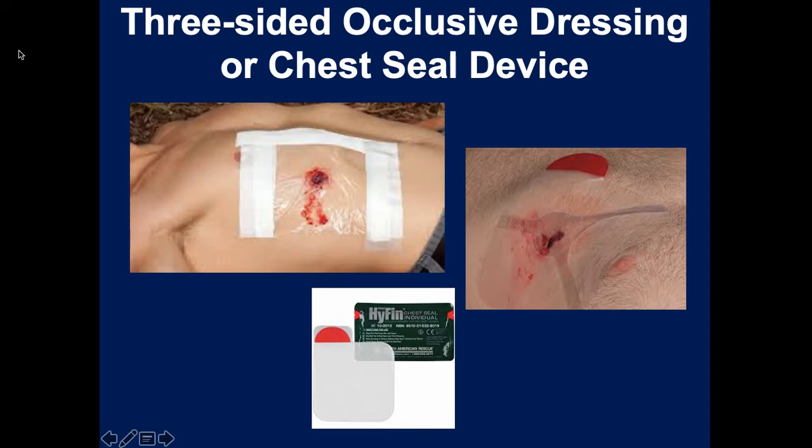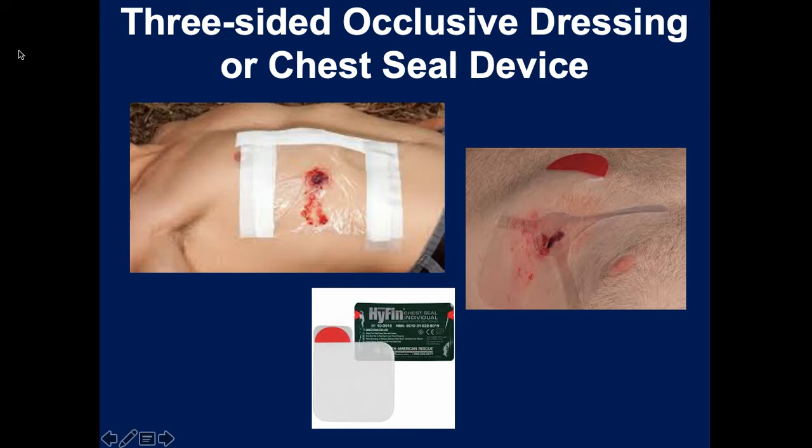Now, according to your textbook, application of either of these devices is supposed to be at the end of the patient's exhalation phase. That means the person breathes out, and just before they take their next breath in, you're supposed to slap this on this wound to minimize any further air getting into the thorax. And it makes sense. The only thing that doesn't make sense about it is if you think about it, if you've just been shot in the chest,